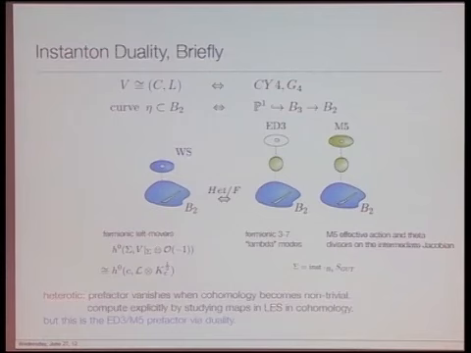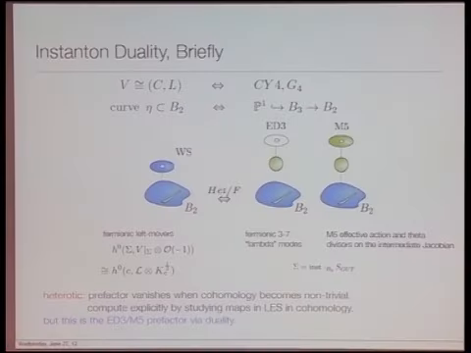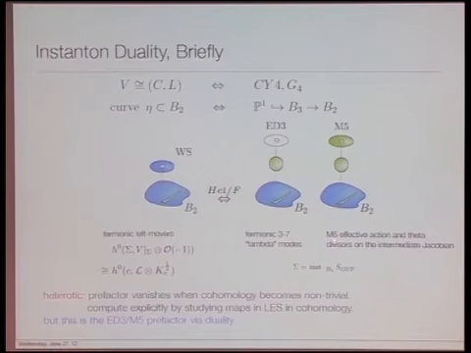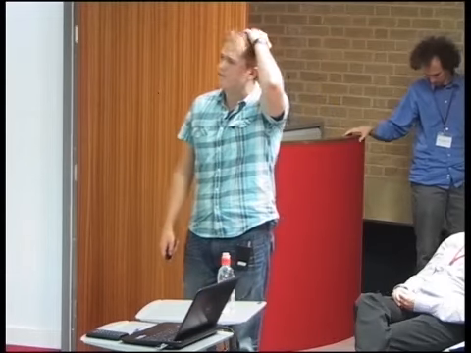So the fermionic left movers in the heterotic string are the ones that are relevant for talking about zero modes, and you can compute them as a function of moduli space via computing this line bundle cohomology in the spectral cover formalism. Simply, it's the restriction of the vector bundle to the instanton curve tensored by O(-1). You can really get your hands on this thing. From the point of view of type II, these things have a natural interpretation as the fermionic 3-7 strings, because this curve sigma actually is where the GUT stack intersects the instanton. And also, there's a story that I won't say too much about today from the point of view of the M5 effective action and theta divisors on the intermediate Jacobian of the M5.